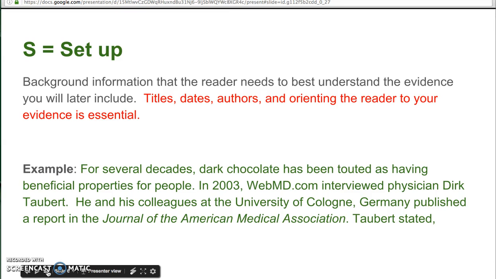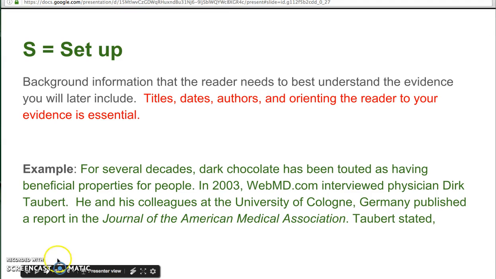For several decades, dark chocolate has been touted as having beneficial properties for people. In 2003, WebMD.com interviewed physician Dirk Taubert. He and his colleagues at the University of Cologne, Germany, published a report in the Journal of the American Medical Association. Taubert stated,